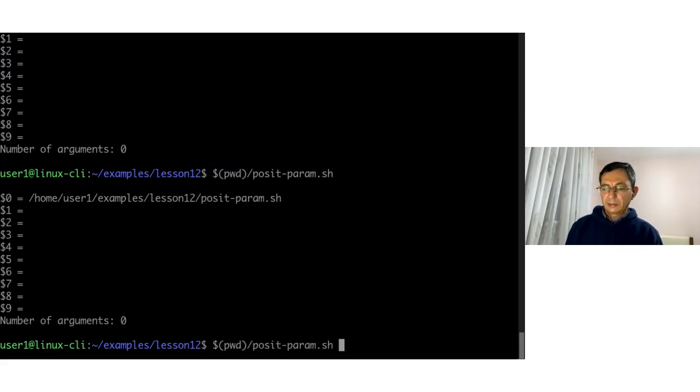And if I pass some arguments, A, B, C, D, for example, then you see that the first argument is stored to $1. The second argument we can find inside the script in this variable $2, and so on. The third argument, the fourth argument, etc. And also here the number of arguments is 4. So we have 4 arguments, and it does not count the